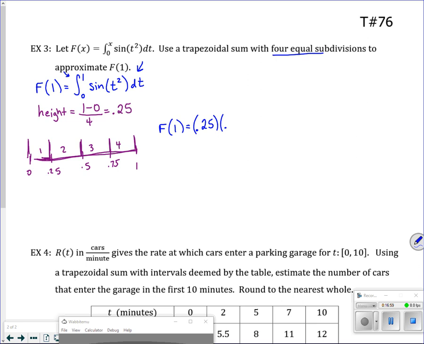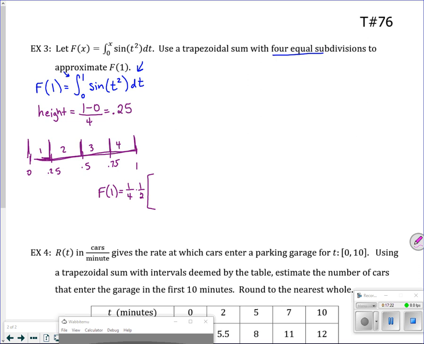Now I also have a common 1/2, so I can put it there. You know what? I'm going to move down here because I have a feeling I'm going to run out of space. So for f of 1, I'm going to write 1/4 and 1/2. They don't take as long to write. Then I have my